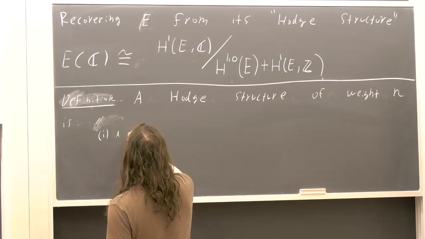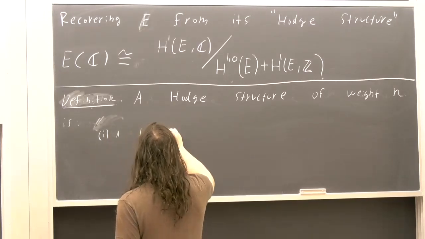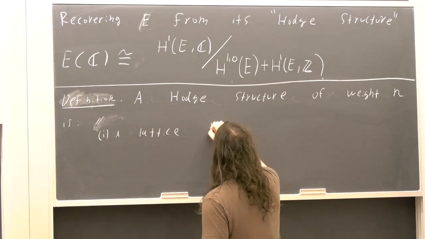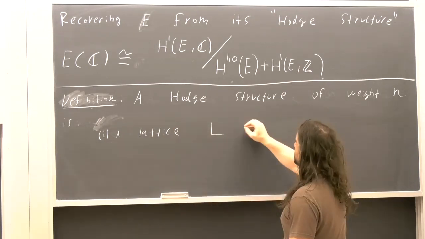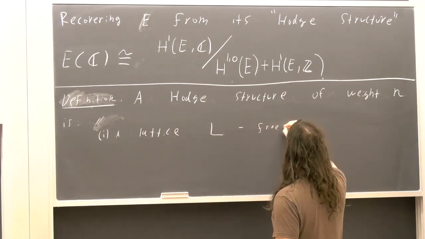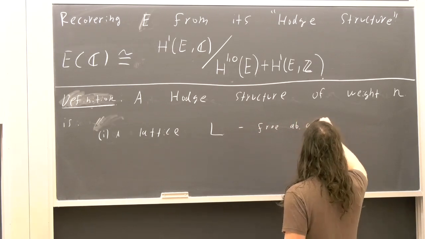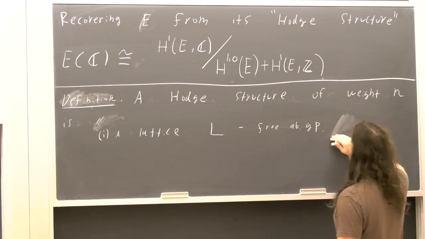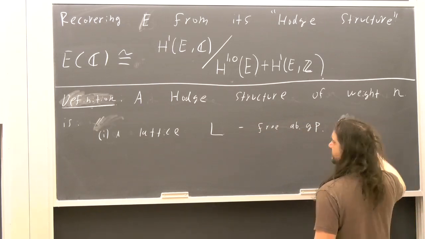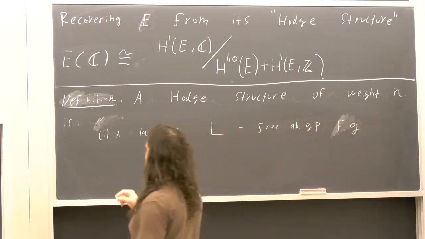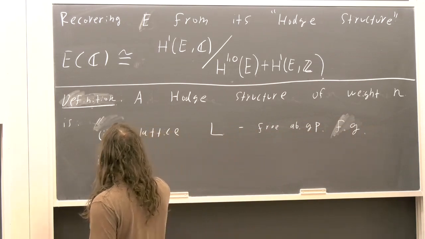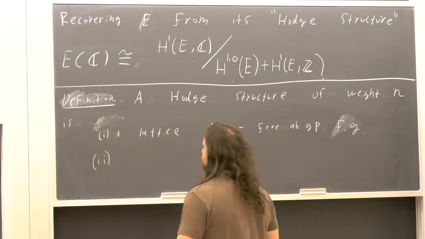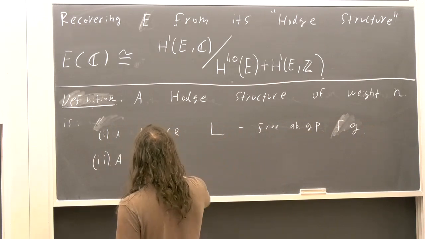So first of all, we have a lattice L. So in other words, this is just a free abelian group of finite rank. A free abelian group that's also finitely generated. Just a copy of Z to the power of something. And then a decomposition